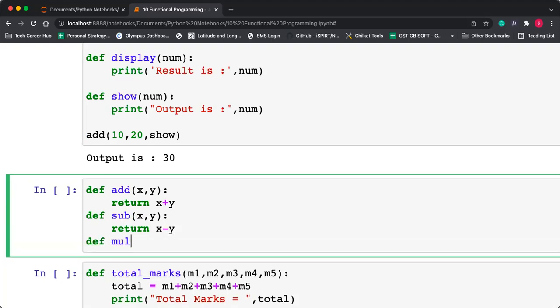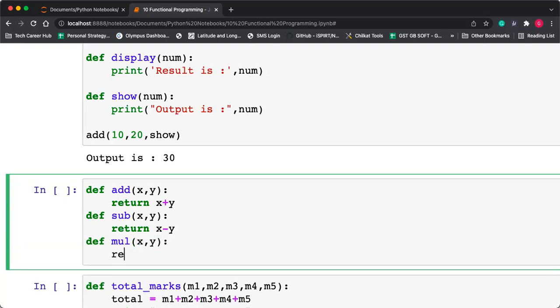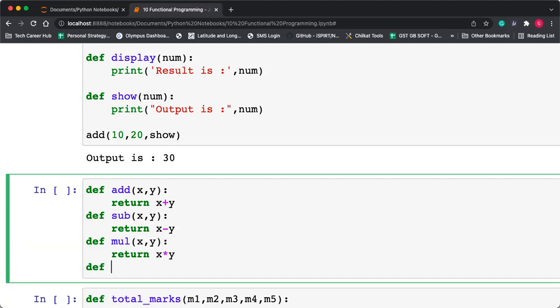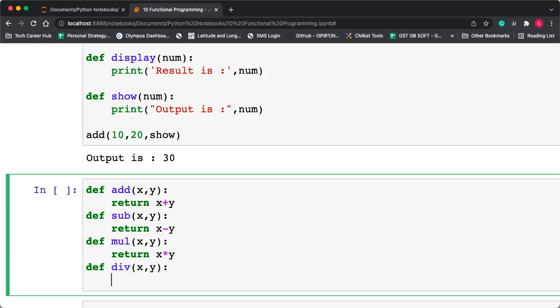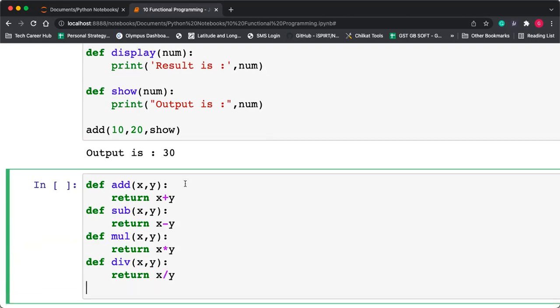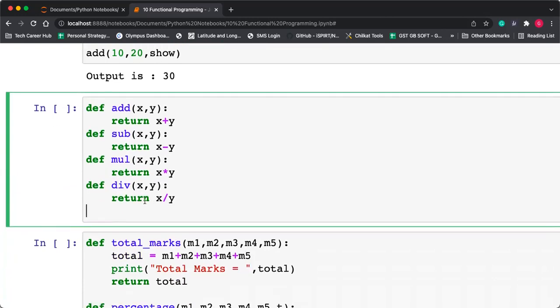There is another function called mul, which takes two arguments and returns x into y. And there is one more function called div, which will take two arguments and return x divided by y. So these are the operations.